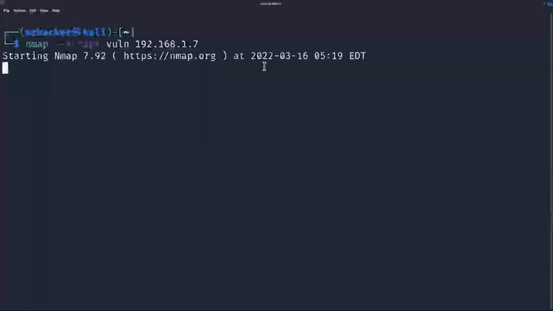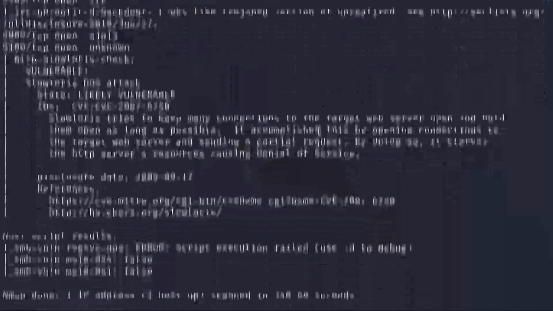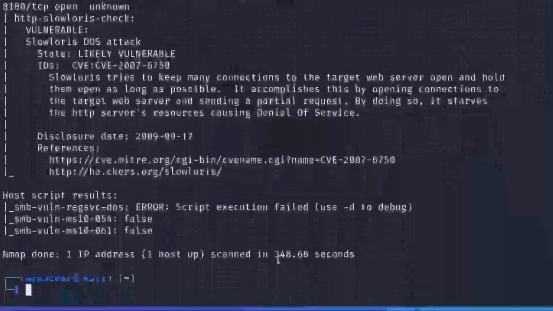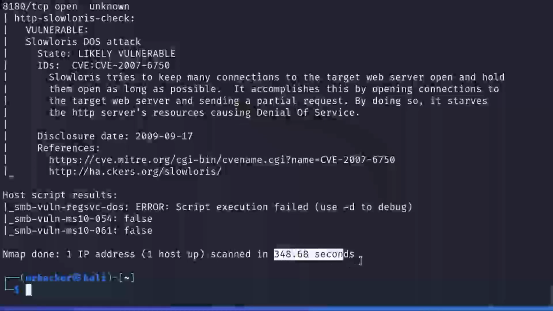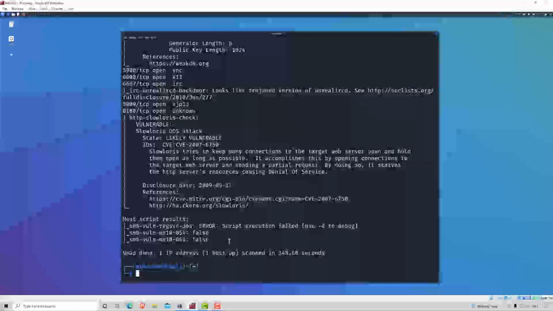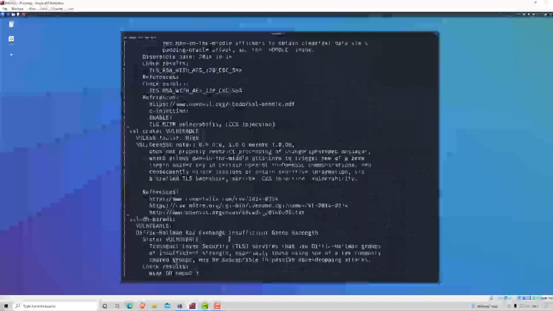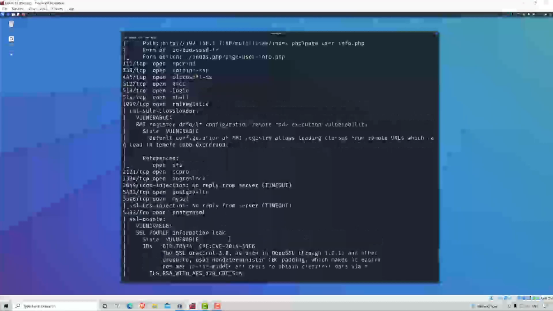If I run it, and here are the results. Now you might have noticed that this can take quite some time to finish. As it says right here, it took around 350 seconds for this scan to finish in my particular case, and this is when the target is in my own network, so it will probably take even more if the target was somewhere else. And here are all the results of all the scans that were run on the target machine